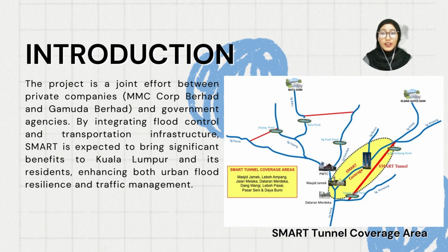So, what is SMART? SMART, which stands for Stormwater Management and Road Tunnel, is a project in Kuala Lumpur designed to address flooding issues in the city centre. The initiative is a collaboration between MMC Corporation Berhad, Gamuda Berhad, and government agencies like the Department of Irrigation and Drainage Malaysia and the Malaysian Highway Authority. The project aims to divert floodwaters away from critical areas along Sungai Kelang, reducing the risk of flooding in the